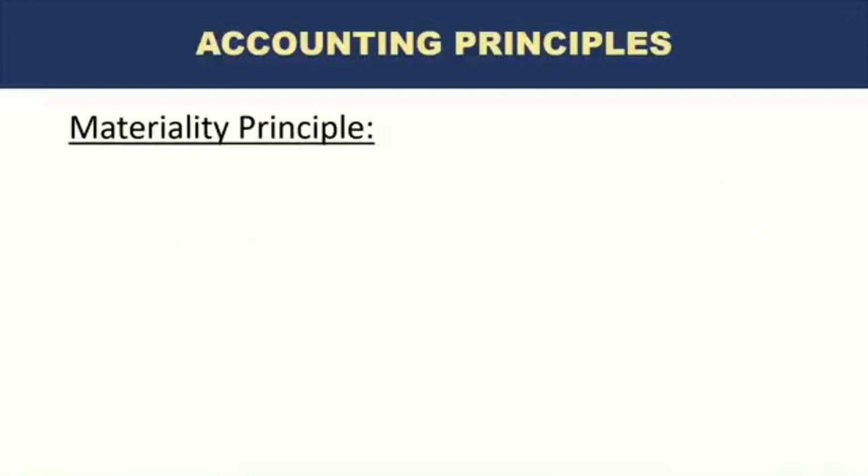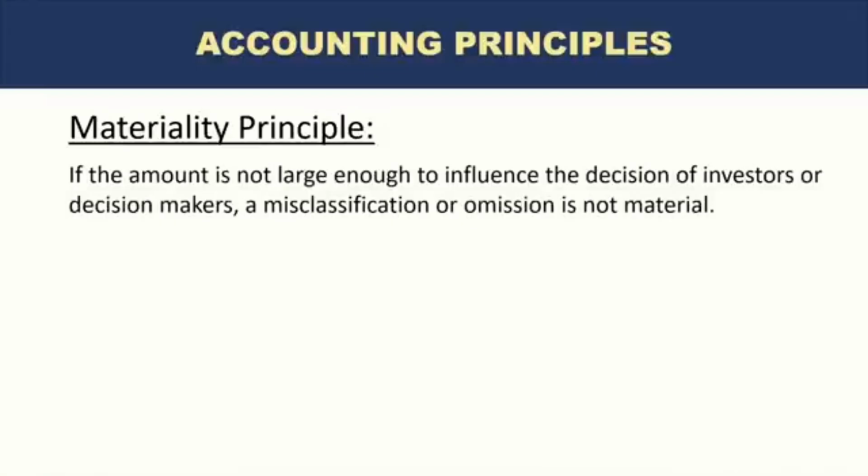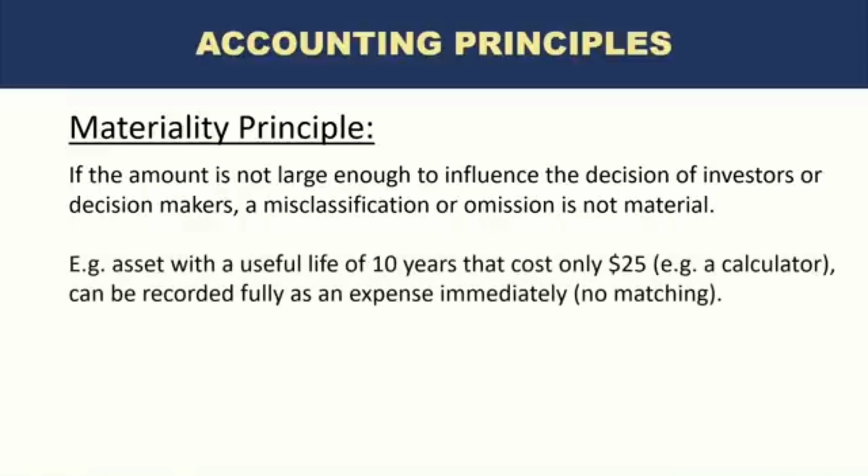The next one is the materiality principle. What it states is that if the amount is not large enough to influence the decision of investors or decision makers, a misclassification or omission is not material. Say there is an asset with a useful life of 10 years that costs only $25. An example would be a calculator. Some calculators last many, many years. So if we look at a calculator which cost us only $25, but we know its useful life is 10, maybe even more years,